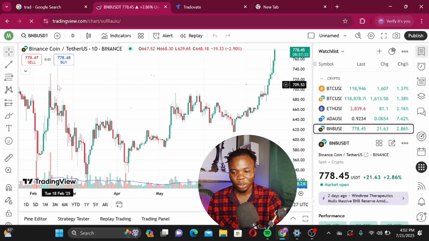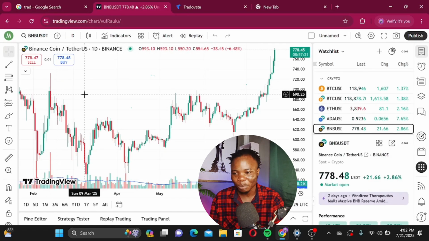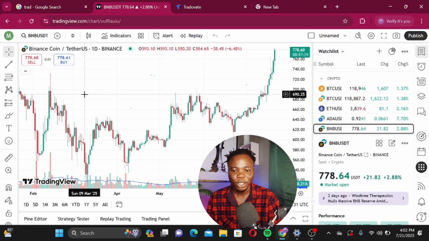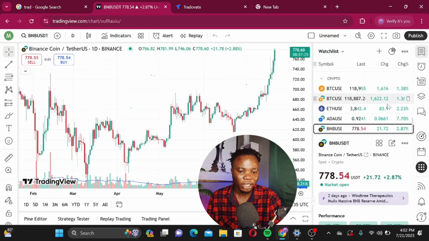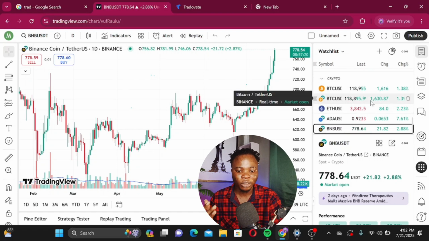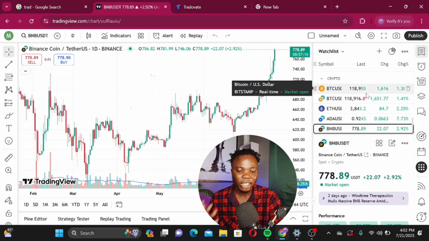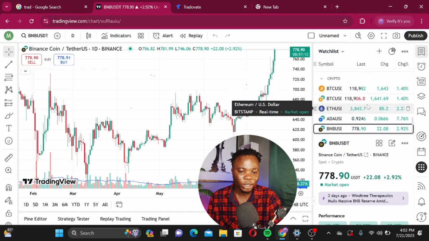Then your interface will look like this. It's kind of complicated, but that's why I'm going to break it down. So what you are going to do next is come to this side. Then in this place, you can see that there are a lot of watchlists. You can add them whether you are trading crypto, forex, stock, or dividends. So they each have their own department. You can see this one is crypto.